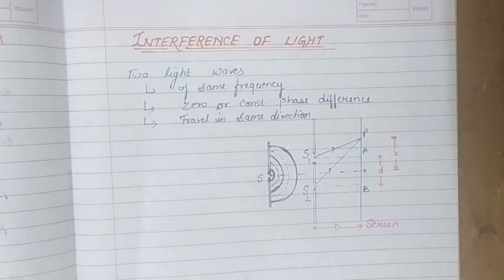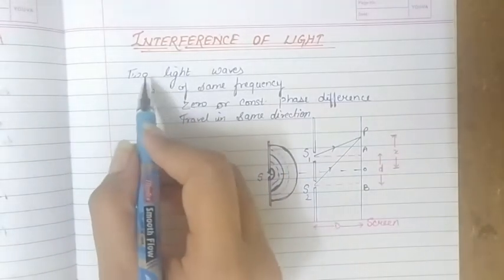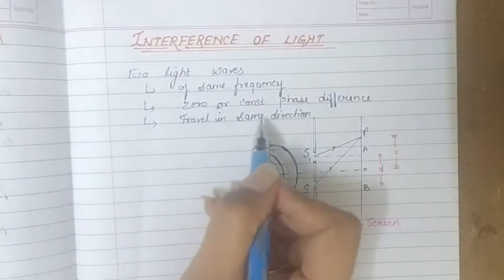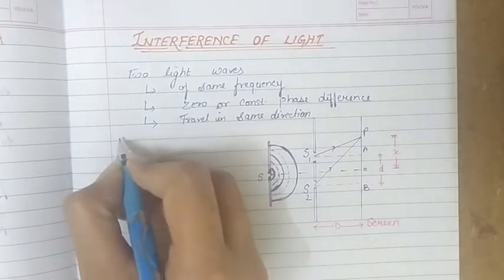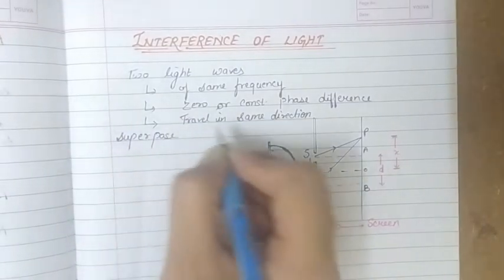At some points we get maximum intensity, at some points minimum intensity. This redistribution of energy or intensity in the region of superposition of waves is called interference of light. So when two light waves of the same frequency, zero or constant phase difference, traveling in the same direction, superpose each other,